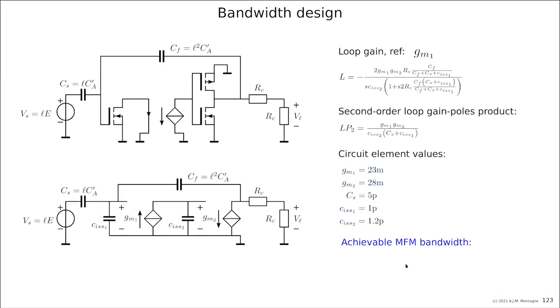So the achievable bandwidth, if both poles are dominant, and for the moment we assume it is 1.5 gigahertz. We check both poles in the next step, but we already did it. The sum of the poles was 450 megahertz, so the second pole was about 450 megahertz, which means it is definitely dominant. 1.5 gigahertz is much more than we need. We need only 30 megahertz, so here we can conclude